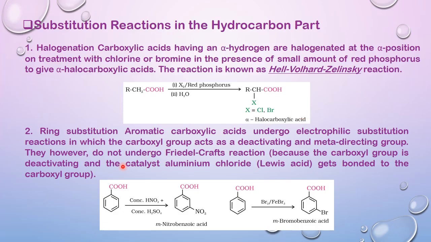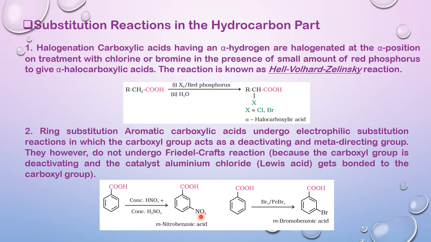Next, the ring substitution. Aromatic carboxylic acids will undergo electrophilic substitution reactions, but it will produce only one derivative, that is the meta group, because carboxylic acid acts as a meta directing group which can be recalled by the resonance structures that we have learned in our previous grade. So here it undergoes the nitration reactions in the presence of the nitrating agent, and we are able to obtain meta-nitrobenzoic acid